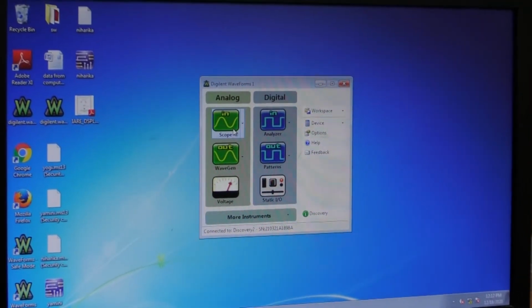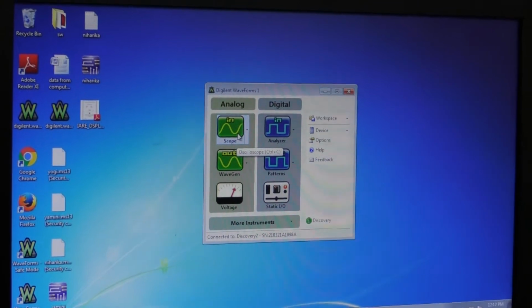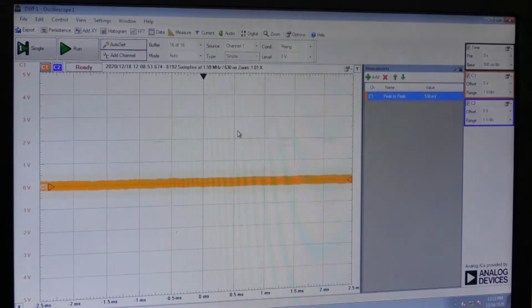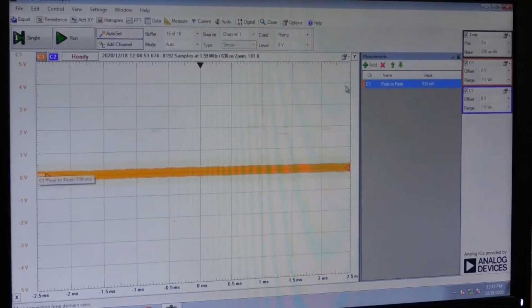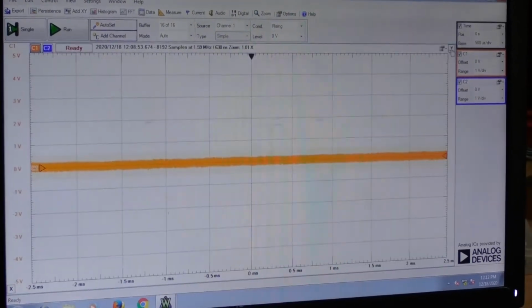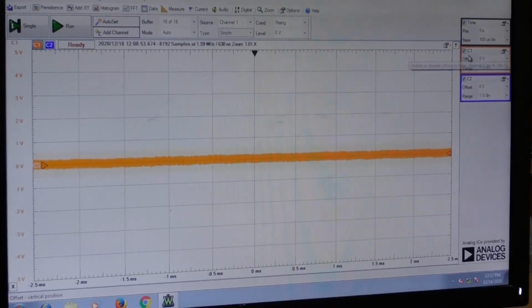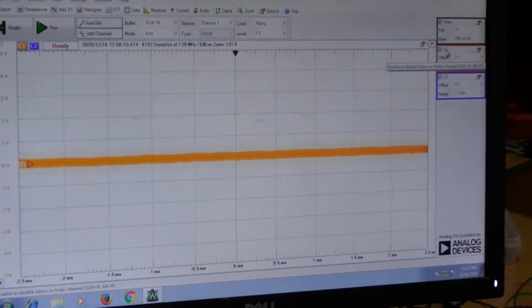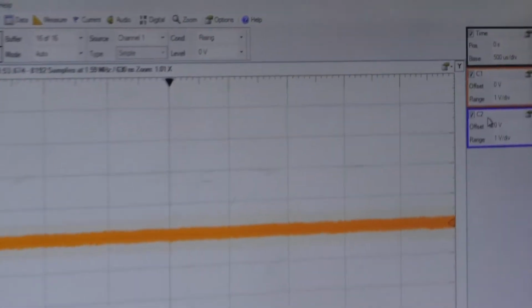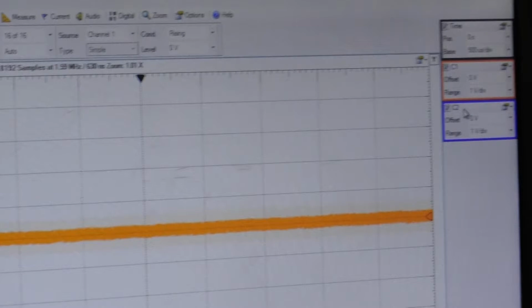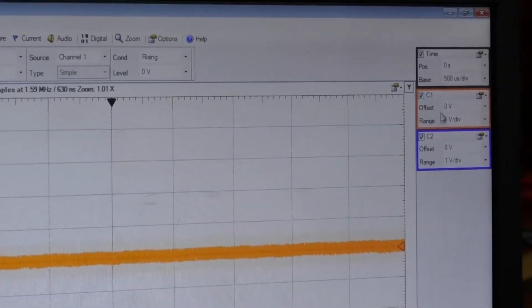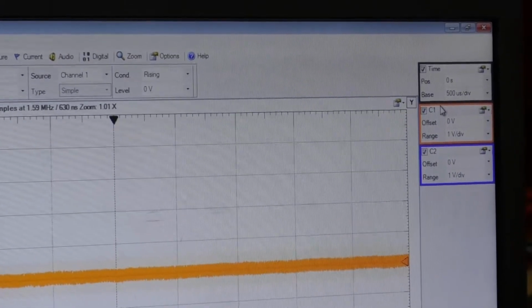For this response, select this scope and just open the scope. When you open the scope, on the left side it contains C1 and C2. C1 indicates channel 1 and C2 indicates channel 2. We already discussed that in the top bundle, the orange color wire indicates channel 1 positive.